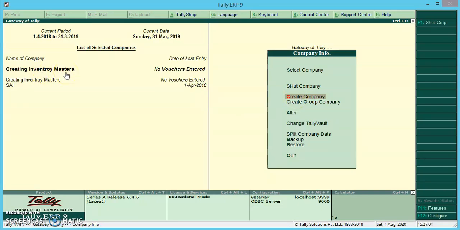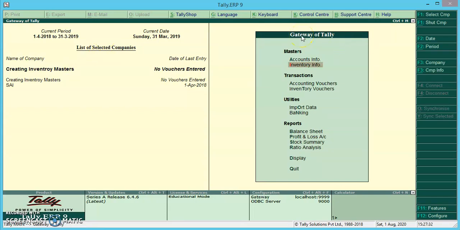In Tally ERP9, the inventory and accounting systems are integrated into the financial statements so that the financial statements can reflect the closing stock value from the inventory system which is maintained by Tally. So let us see that. Go back to the Gateway of Tally menu by pressing Escape.